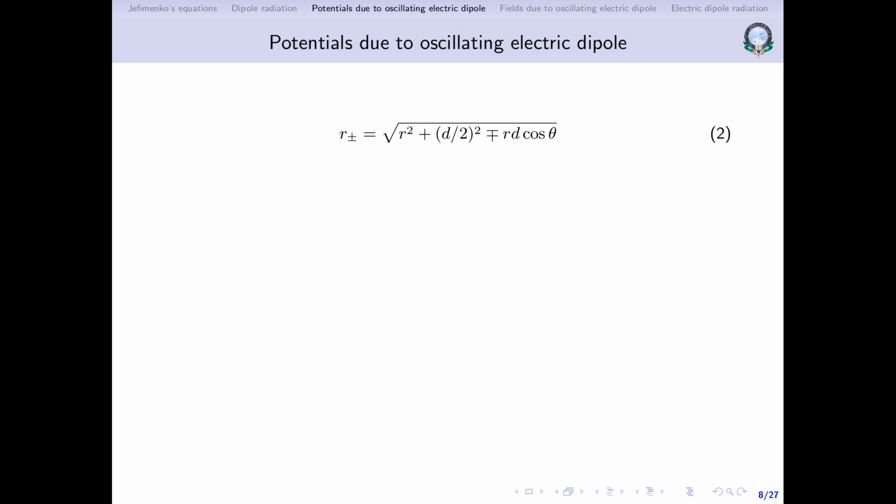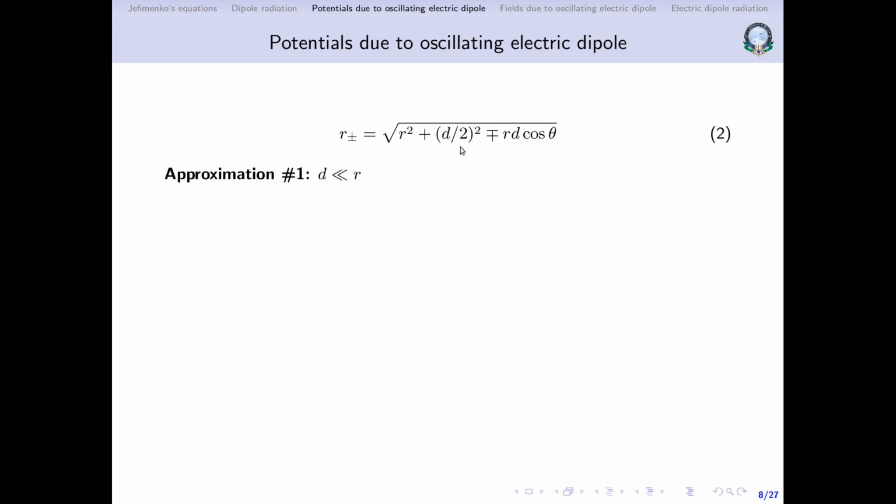Okay, r plus minus. When I write something like this, where I have r plus minus and here I have minus plus, that means the first one will always be plus. Suppose I take r plus, that means this r plus will be coupled with this minus sign here. So r plus will be equal to under root r square plus d by 2 whole square minus rd cos theta, and if you take the lower sign, that will always be coupled with the lower sign. So r minus is equal to under root r square plus d by 2 whole square plus rd cos theta. I'll leave it to you to verify that this is what it will be. It's just elementary vector algebra.